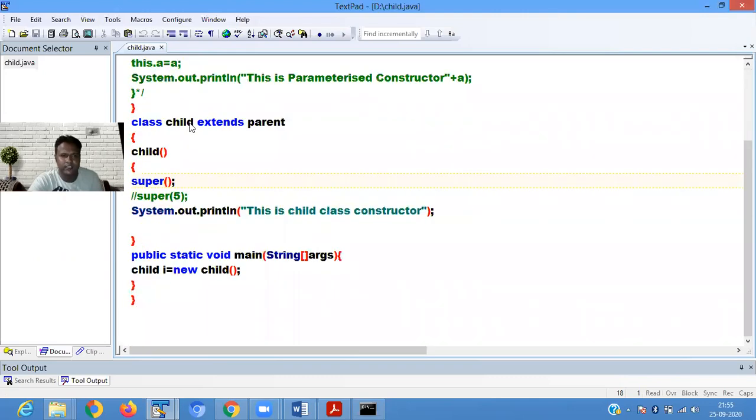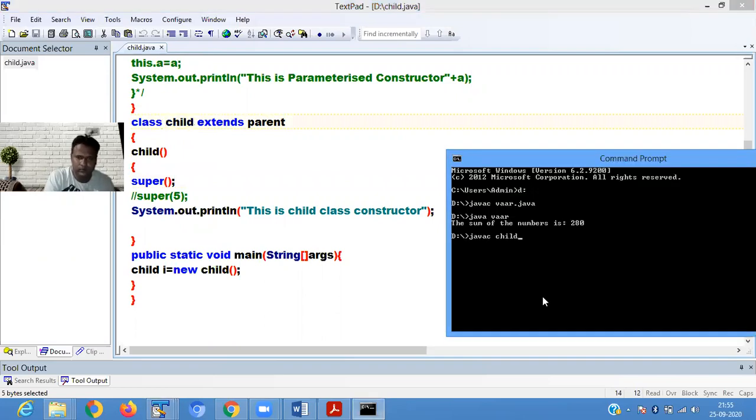So let's execute this program. It says default constructor parent, then child class constructor.